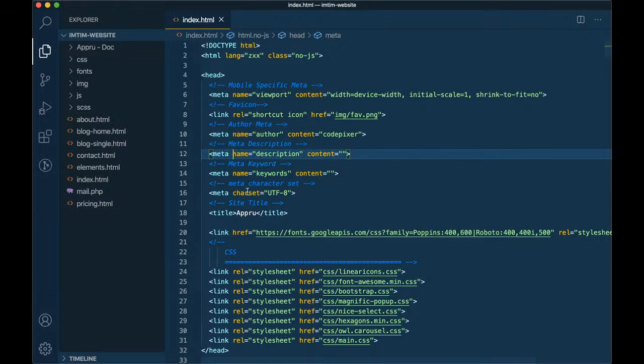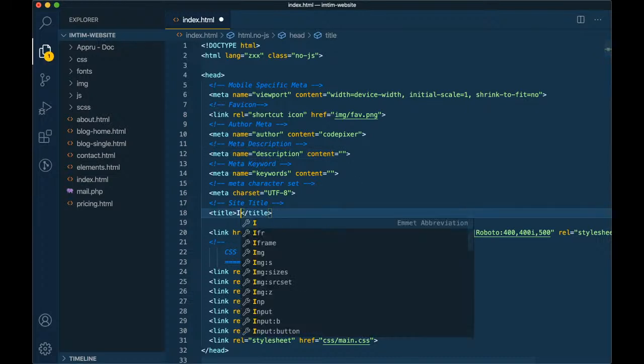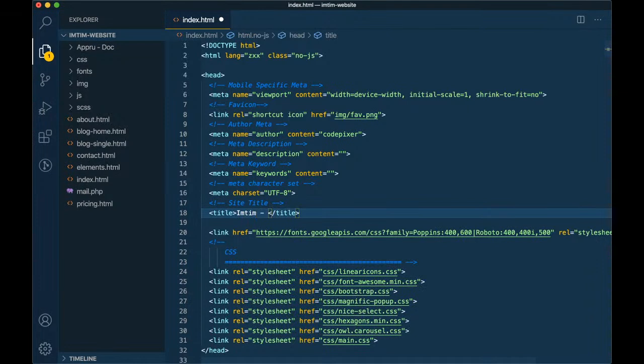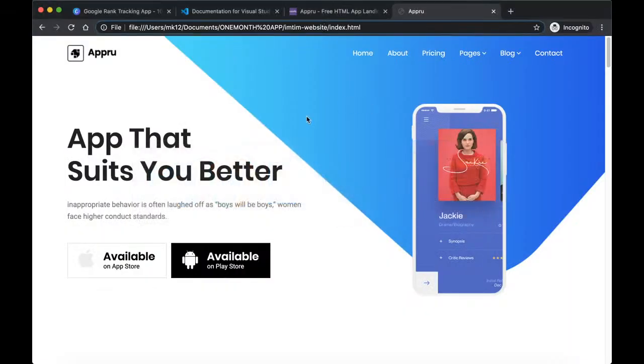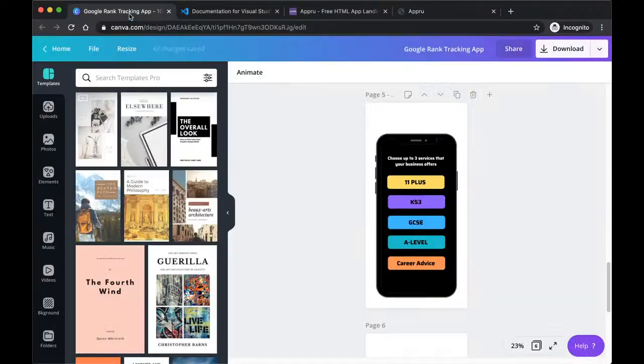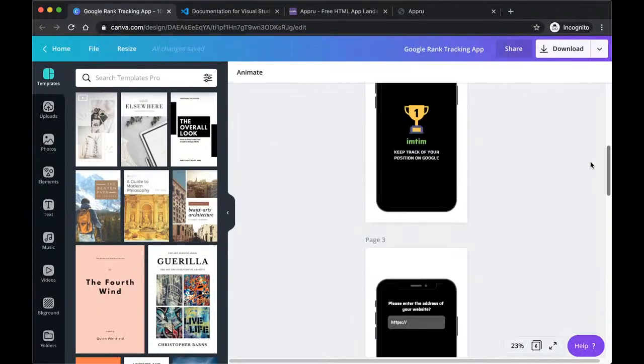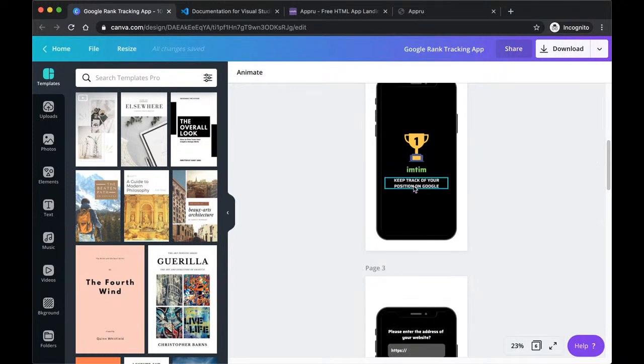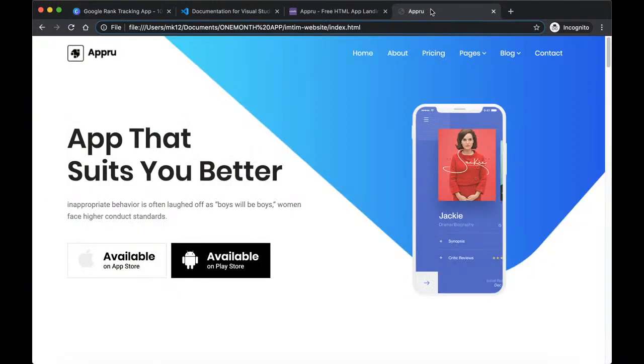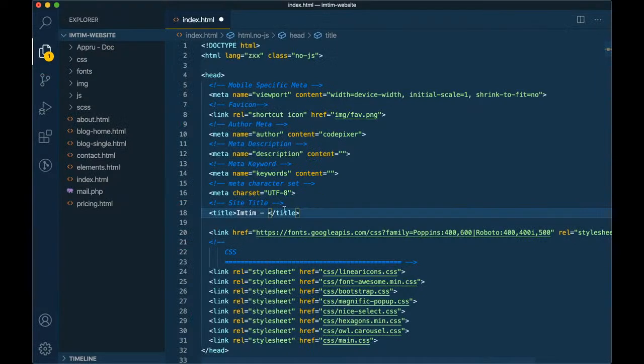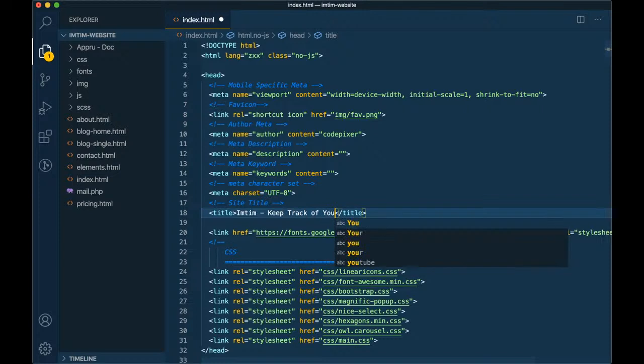So what we want to do first is change the title of the website. And we want to call that the name of the app, which in my case is imtim hyphen, and then we'll give a quick one-liner as to what the app does. And I believe we defined that previously in Canva. So mine was keep track of your position on Google. Yours can be the same or it can be different. Keep track of your